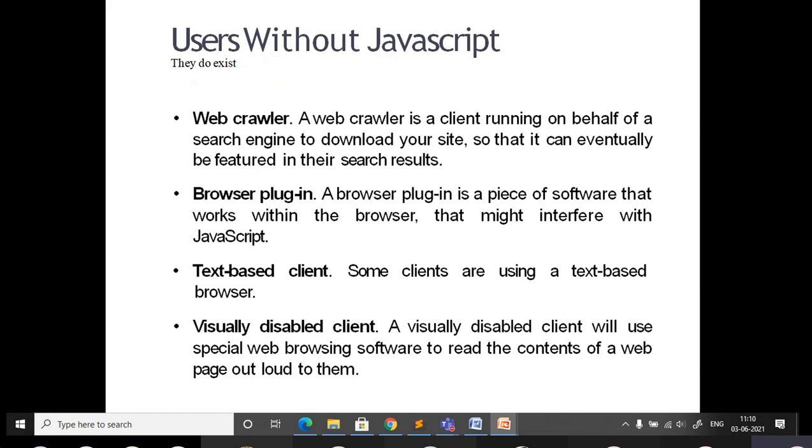It is not going to support some older version browsers or special browsers, so these JavaScripts are not going to work.